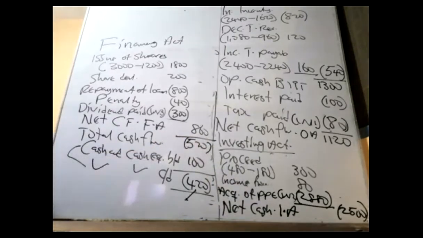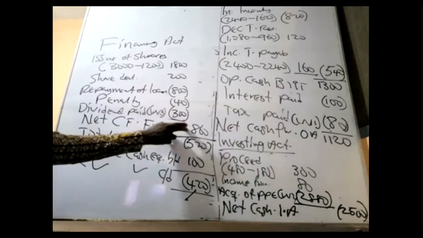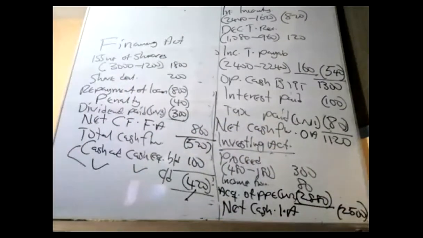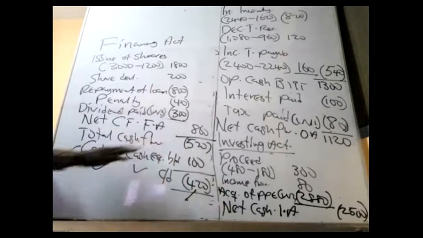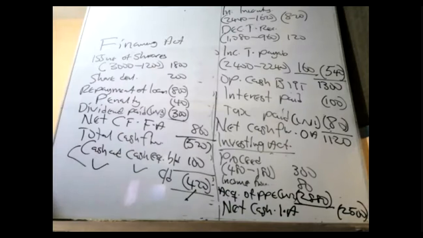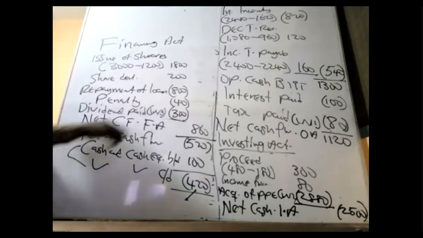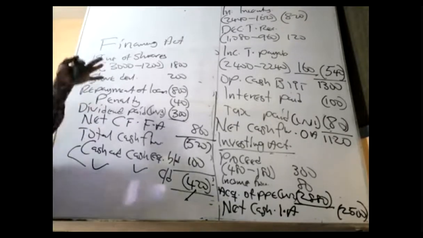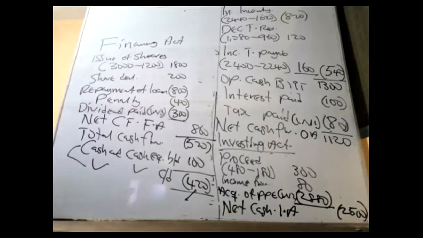So it means that this question, if I add 1, 2, 3, I might get negative 520. If you add, you're not getting negative 520. Don't clean this answer now. We call it comprehensive insurance. If you add the net cash flow from operating activity plus investing and then plus the finance, it must give us the 520. So let's add and see. Even if you're not getting 520, I'm not changing the answer. That means there's either computation or somewhere that we need to just look at it.